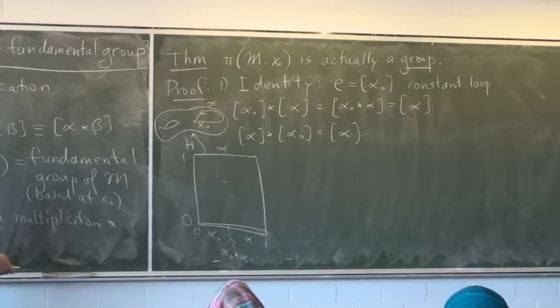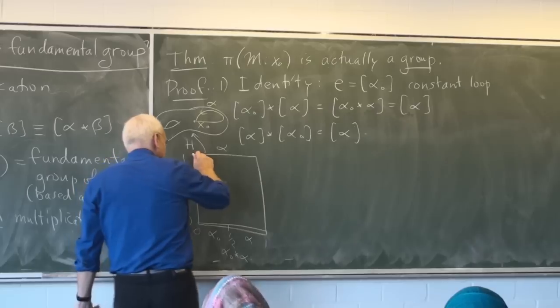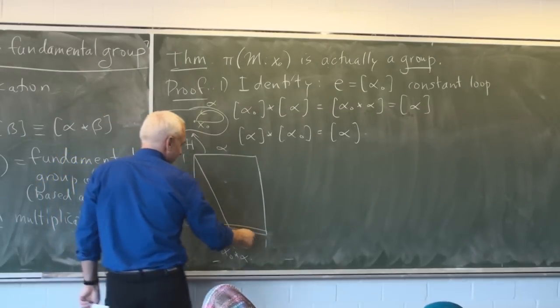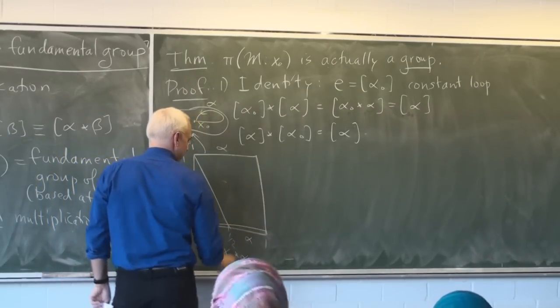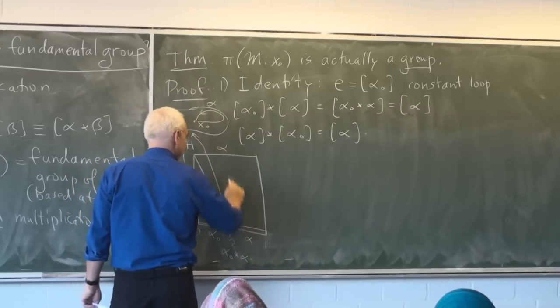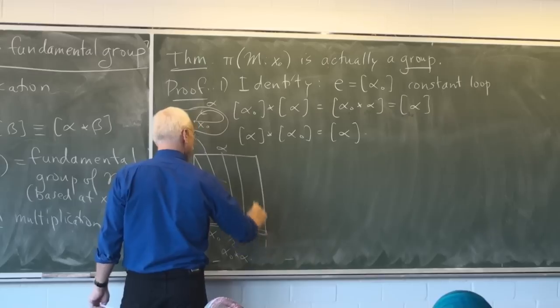Well, you could write down a formula, but it's perhaps easier if we just do something like this. I'm just going to draw some lines from this alpha to this alpha, and I can do it any way I want to, but I'll just do it in a reasonably linear way.